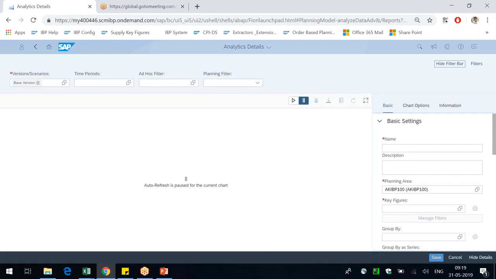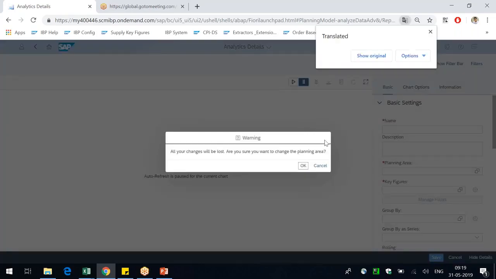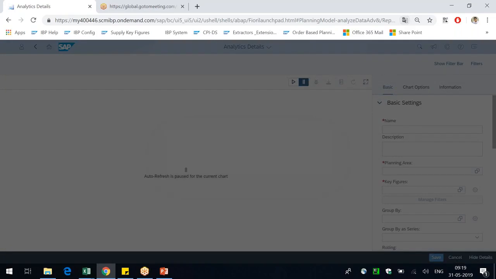So again, every Fiori page you open, you'll see a filter bar. Here also we have a filter bar. Let me hide this filter bar for a minute. Now let's plot something. You need to get into a planning area to do some analytics on it. By default, it picks up a planning area called this. Not interested in this. We'll go to,